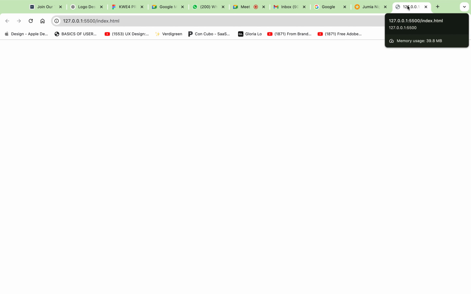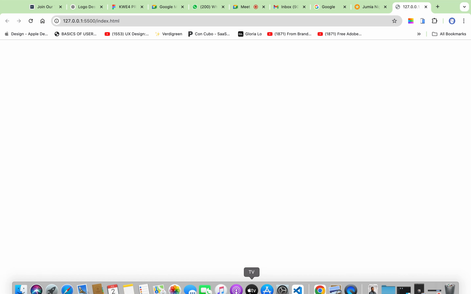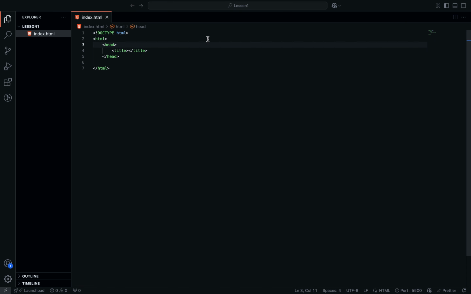So if you want to change this information that pops up to something more unique to the purpose of our website, let's go back to our VS Code. This is the title tag, we have the opening tag and closing tag, and in between is where we usually have whatever text or information. So I hit in between, can you see? Then I can type maybe, what can we use as an example? Let's say